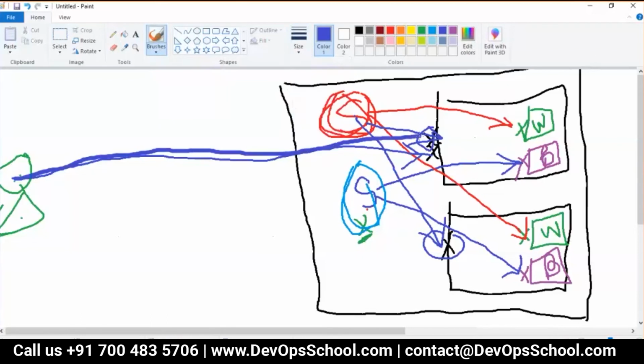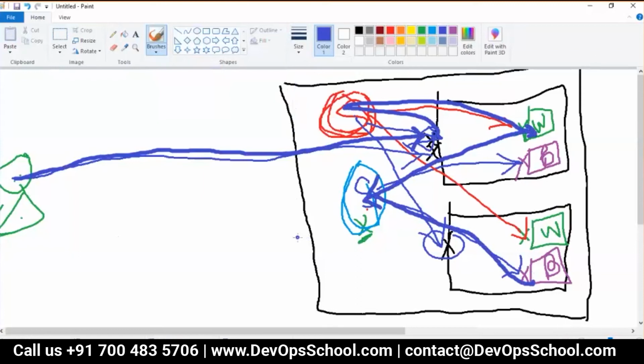So now, because this service is exposed at the node port, this guy can access the node port. And see here how the communication will travel in this case. Very interesting. I will hit from outside to the node port, meaning the port of the node. From the port of the node, it will redirect to the web service. From the web service, it will redirect to the web pod. From the web pod, to the backend service. From the backend service, to the backend pod. And this is how the request will travel.